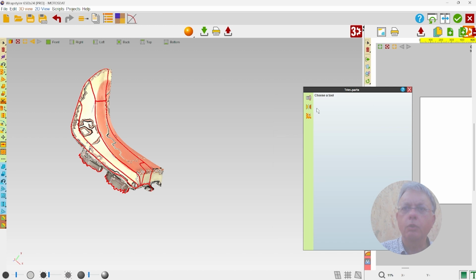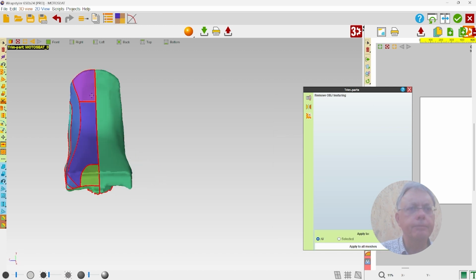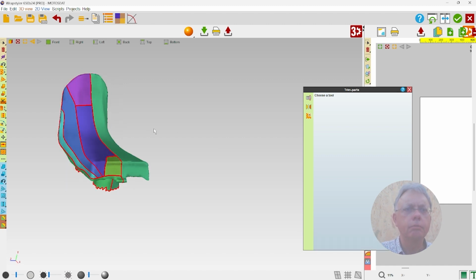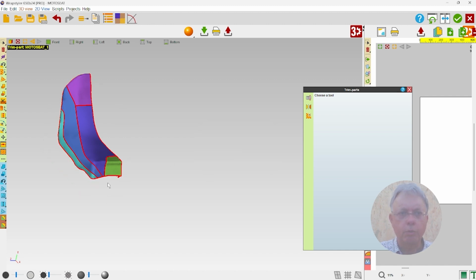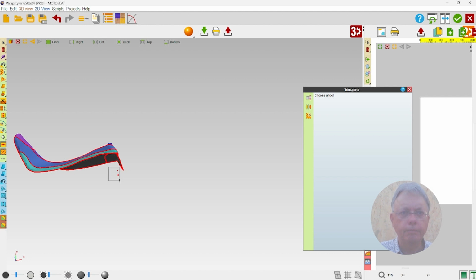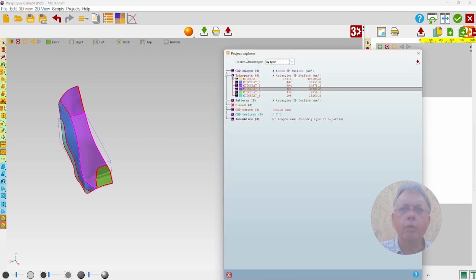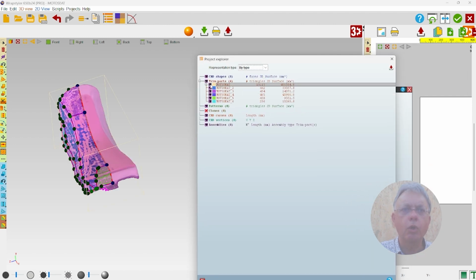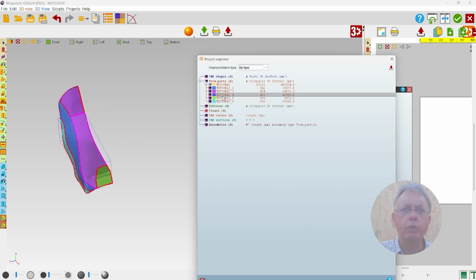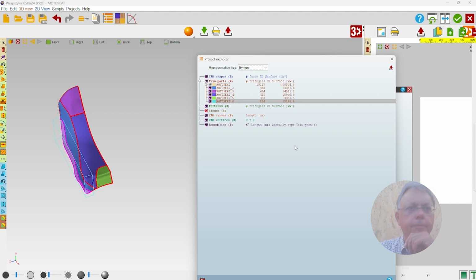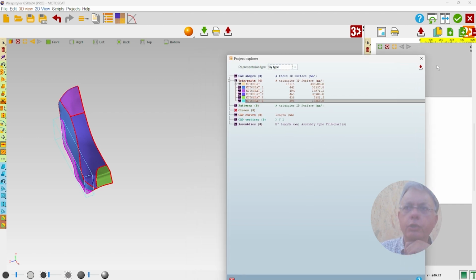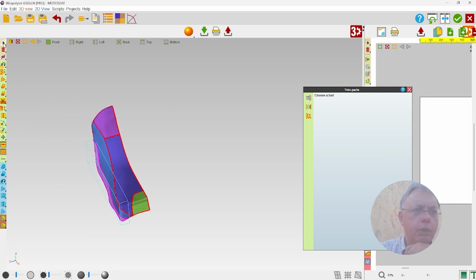Now it's done, so let's remove the texture and also, sorry, I have some problem too. Okay, and you can see now this is the original part on which we drew the curves, and we have the result of the various parts after the cutting. Now let's create a mirror with these parts.